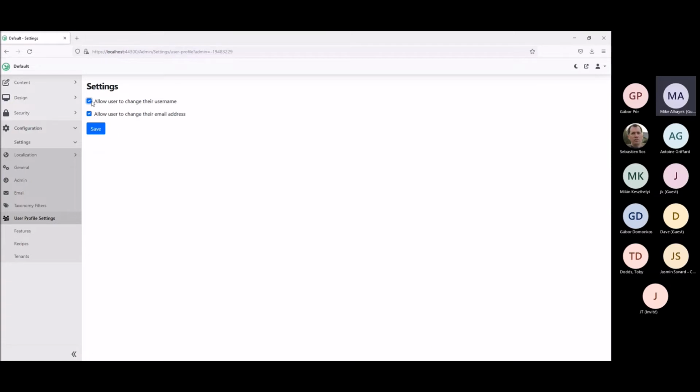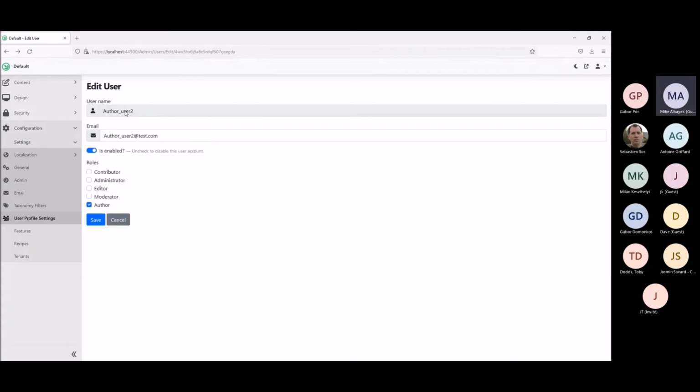You can make whichever one, the username, allowed to change or prevent, or the same thing for email. For the argument's sake, I have it configured the other way around. So now you can prevent someone from changing their username, and it's a configuration, and it's up to the admin to determine if they want it enabled or disabled. By default, obviously, it's enabled, so we're not changing that, but they have the flexibility now.